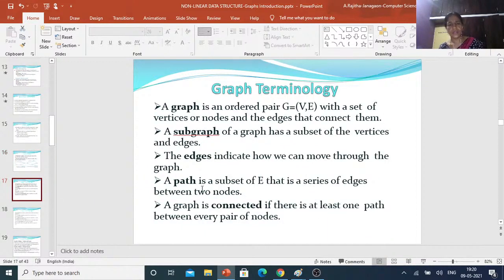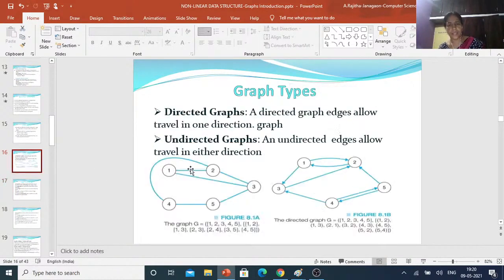And a path is a subset of E, that is a series of edges between two nodes. That means path, in the sense, suppose here 1, 2, 3, 5, 4. Suppose you can write the path between 1 and 4: 1, 2, 2, 3 and 4, 5 and 5, 4.